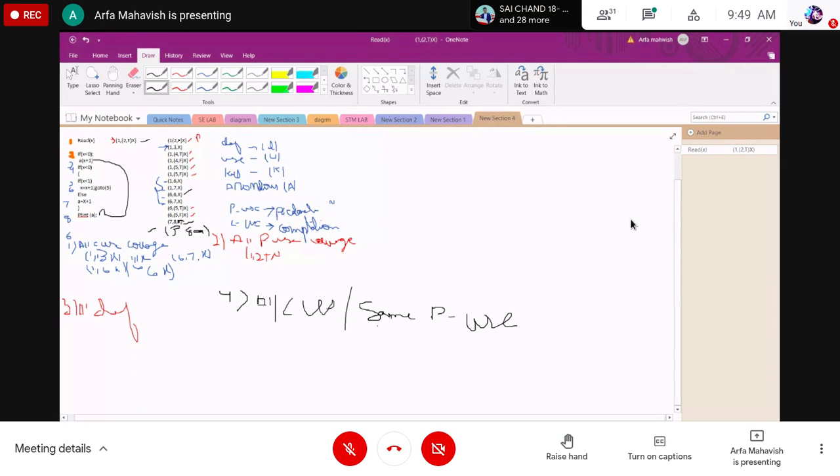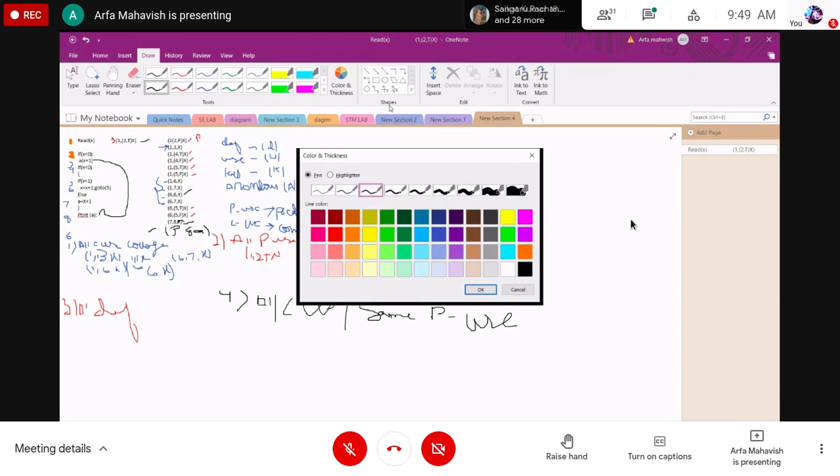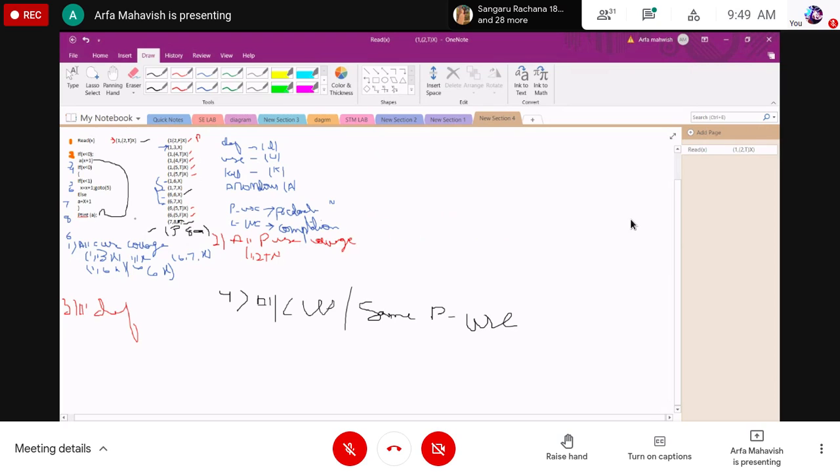For example, in this one, look at this: first 1 3 x, this one, 1 3 x, will come under all C-uses but also some P-uses. This one comes under all P-uses and some C-uses.